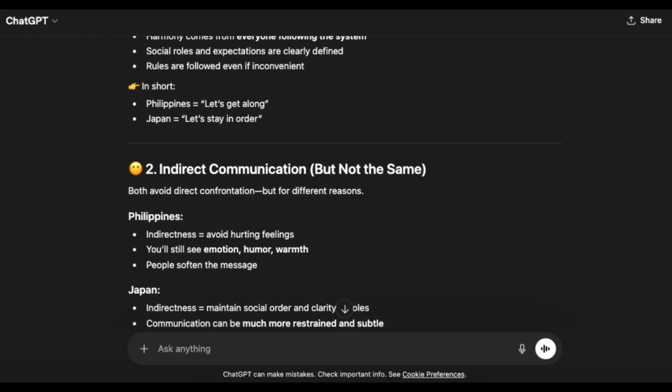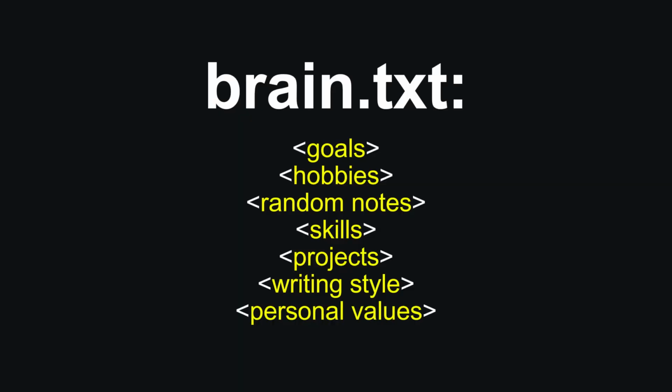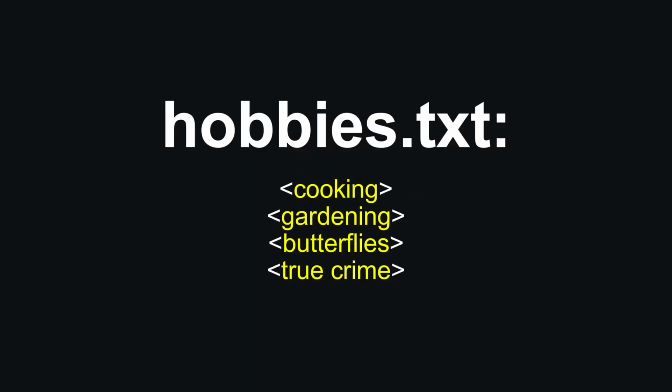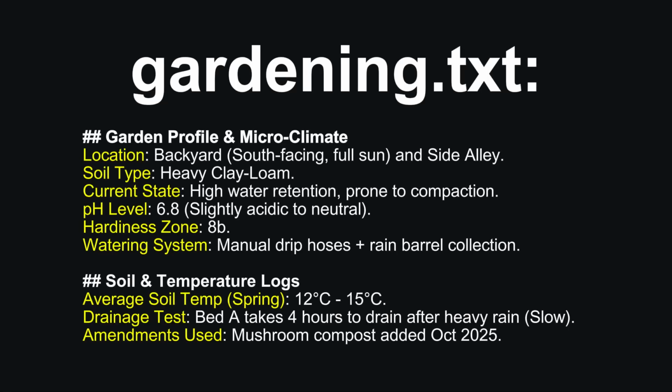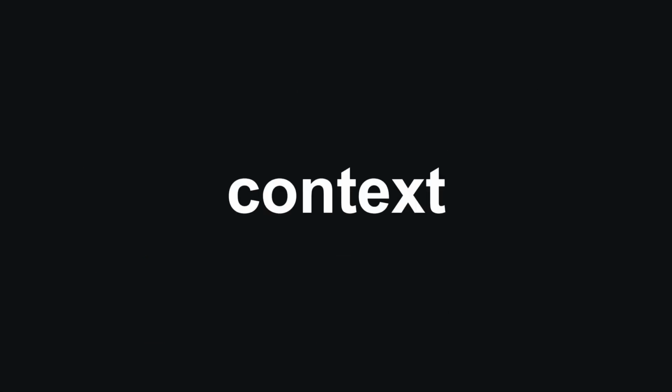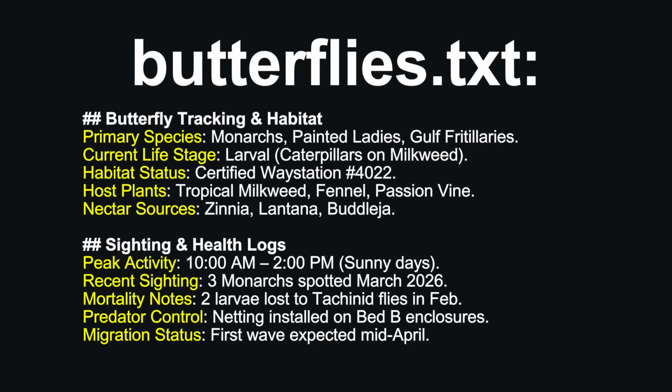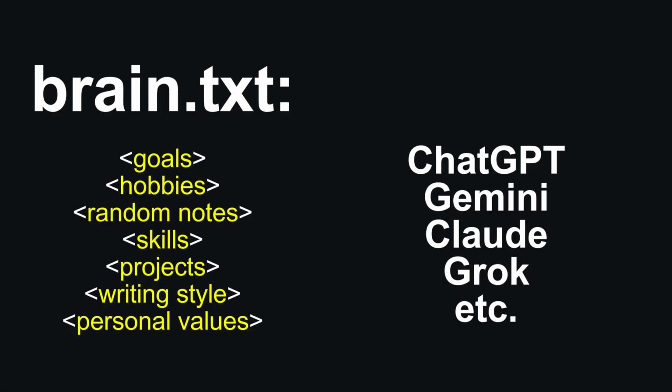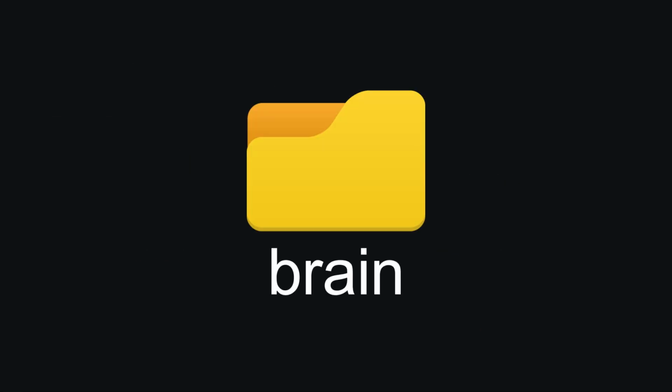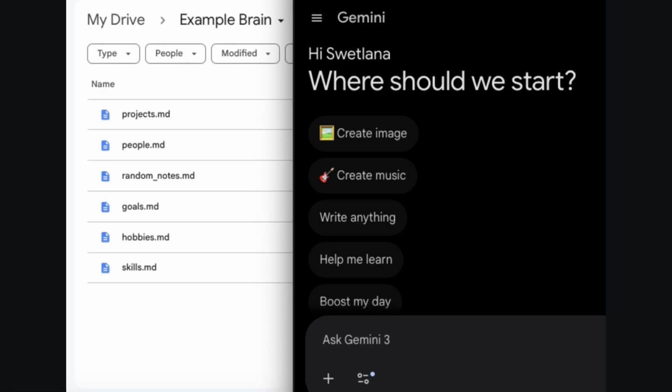But when you create small amounts of text about your thoughts, hobbies, life goals, ideas, and how you solve problems, you're doing something much bigger. You're giving the AI context. And that's not nearly all. Once you have some text files with info, you can use it with any LLM in an unlimited amount of sessions. A practical and free way to do this is to use Gemini and Google Drive.